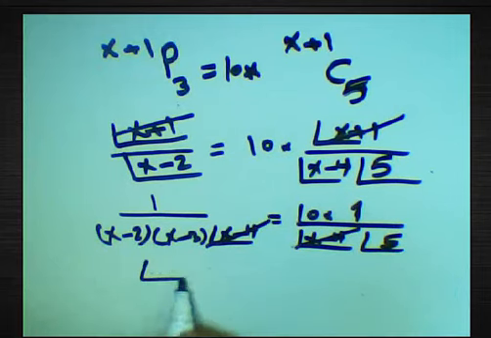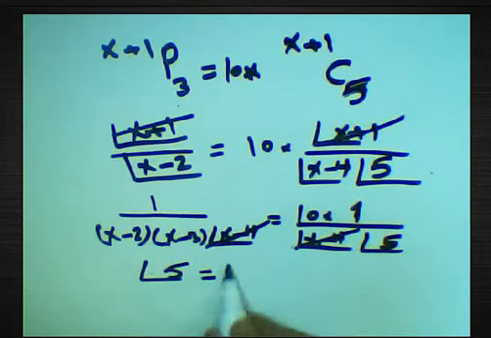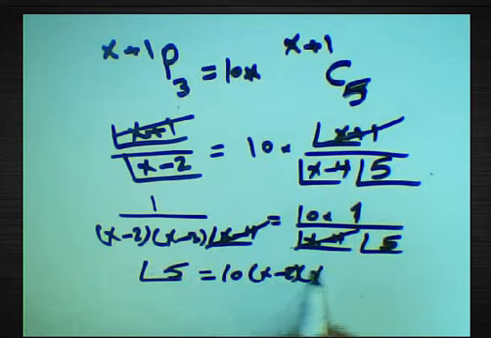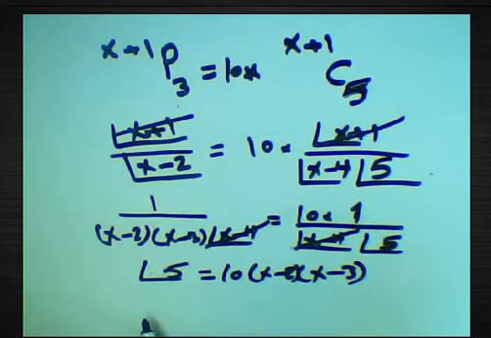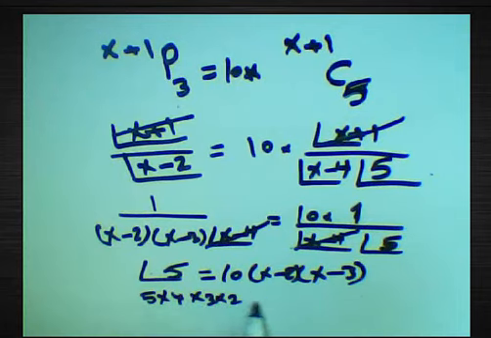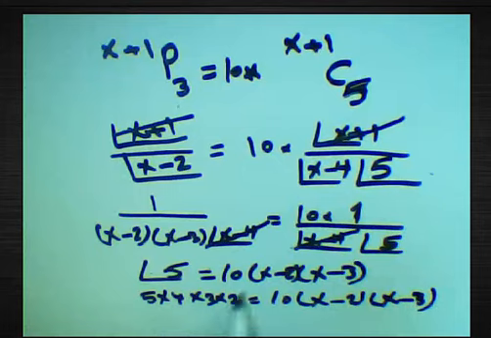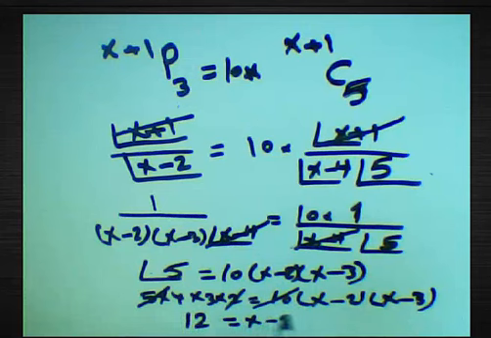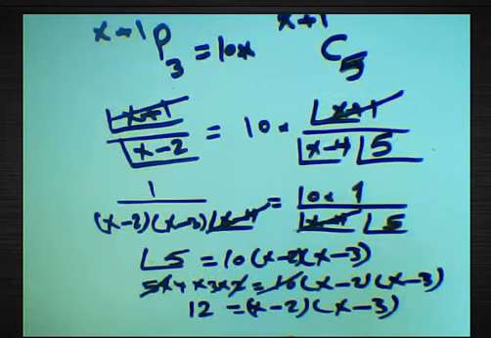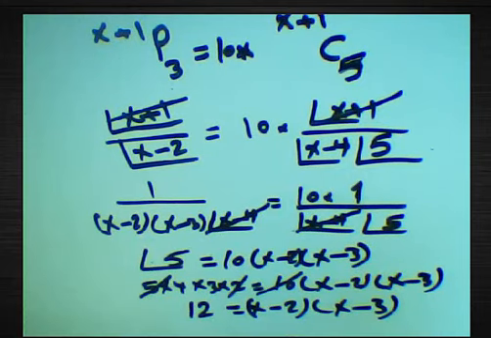Then x minus 2 multiplied by x minus 3 equals 10 multiplied by 5 times 4 times 3 times 2, and we can cancel: 2 times 5 equals 10, then 3 times 4 equals 12, equals x minus 2 multiplied by x minus 3. We have here 12 equals 4 times 3, or 4 is the greater number, 4 times 3 equals 12,